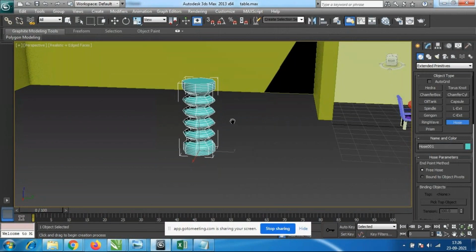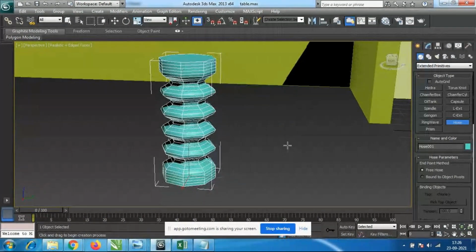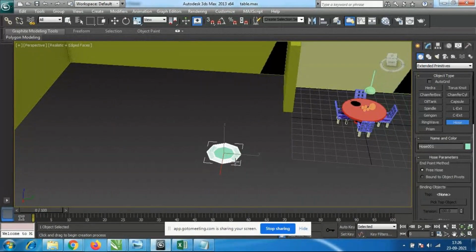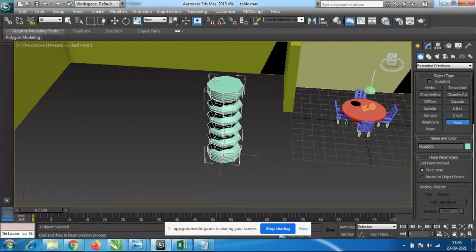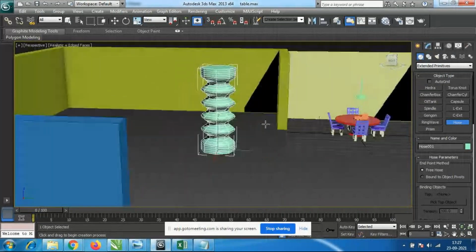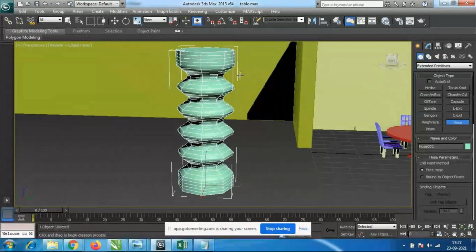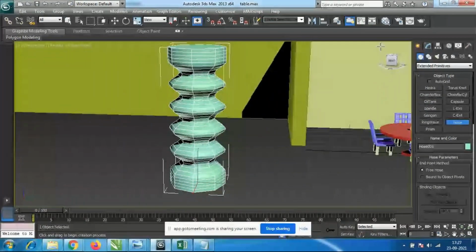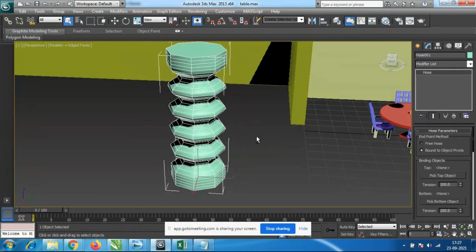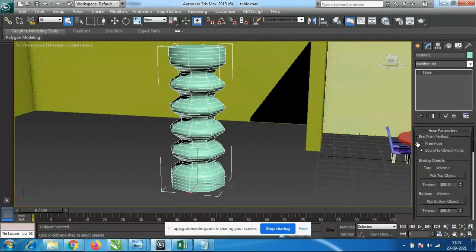So here, with this hose, what you have to do, you have to make a circle like this. I'm always using the left key, and I will take it up, and how much ever up you want you can take it, and you have to click over there, so it will stop. Okay, otherwise in the modify window, we have multiple options here. One is free hose and bound to object pivots. Okay, if we do the value changes, then only you can see the difference.